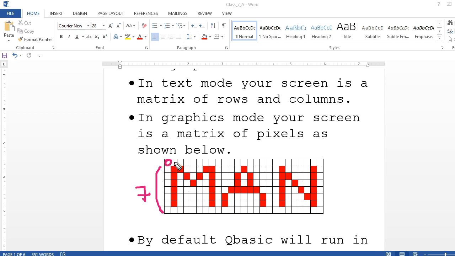Then 1 2 3 4 5 6 7 8 9 10 11 12 13 14 15 16 17 18 19 20 21 22 23 24. So 24 pixels are there on the column side and 7 pixels on the row side.